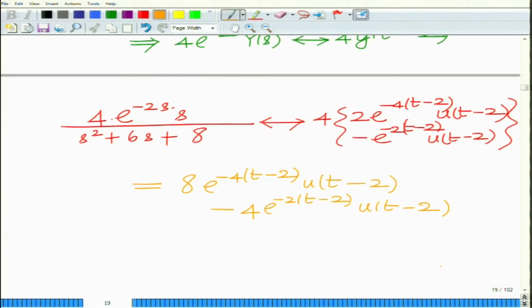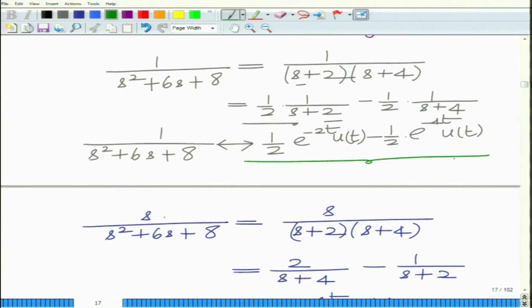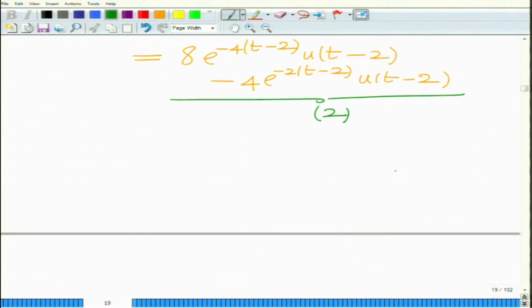So, this corresponds to the second part. Therefore, the final inverse Laplace transform corresponding to the original signal is you put these two things together. Remember, we have this, which let us say we call result number 2, and we have our original result 1. Therefore, the final inverse Laplace transform, the net signal x(t)